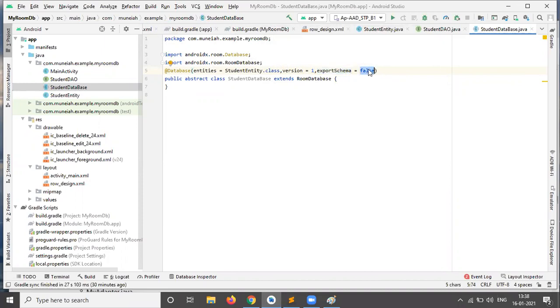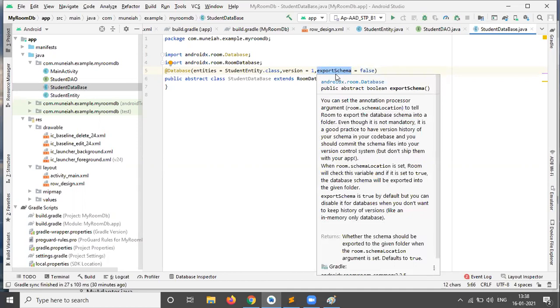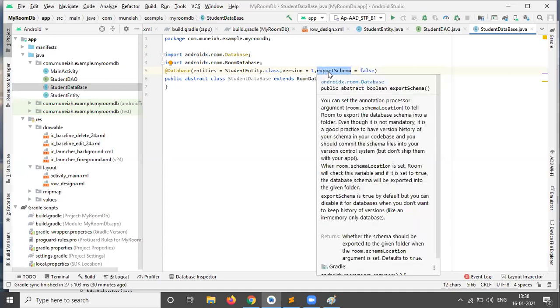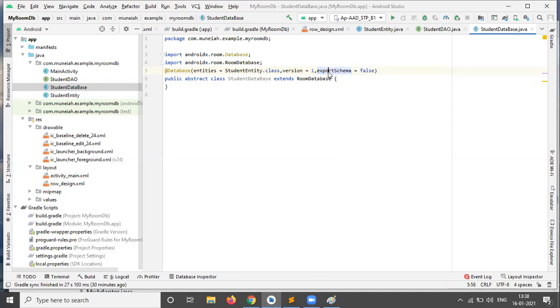Our database can be accessed by many applications, like a contacts application. Contacts will be accessed by some other applications. Same way, our data also needs to be exported or not. That information we need to give. If we give export schema as true, it will be accessible to all applications. If you give false, it won't be accessed. That is the meaning of export schema.